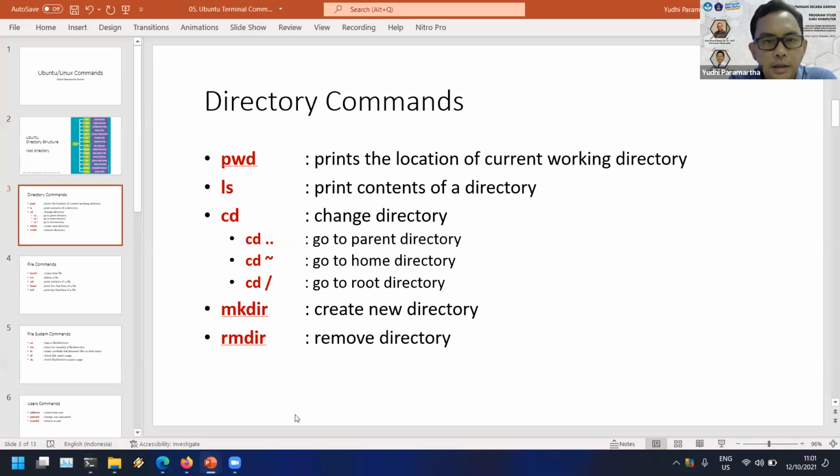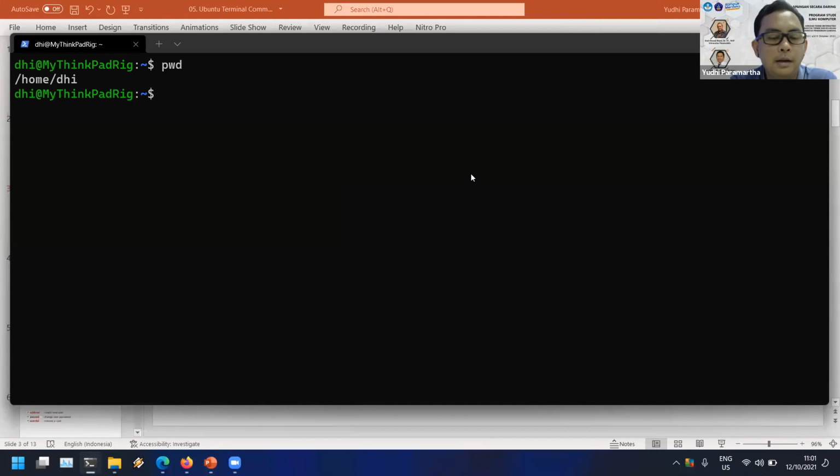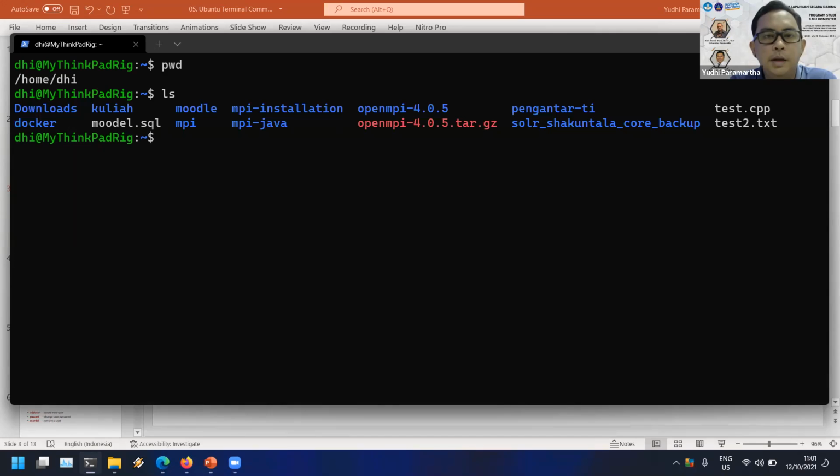And then the second command is called ls. This prints the content of a directory. For example, I type ls and enter. It will show you the content of the directory.